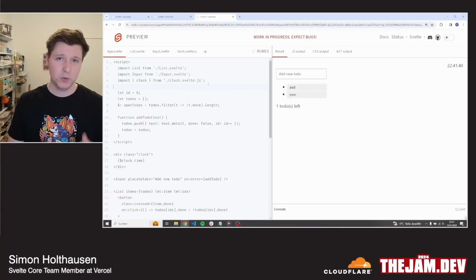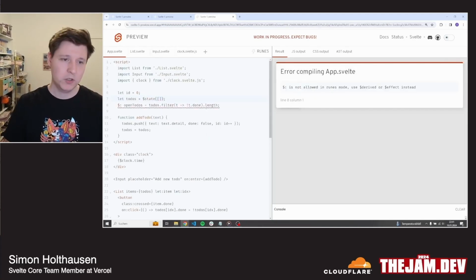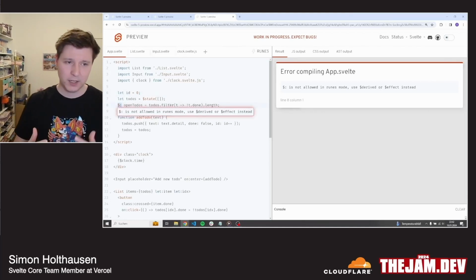And we start with using runes. We transform the code to using runes. So to-dos is obviously state, so we're going to surround it with the $state rune. That way we are telling Svelte, hey, this variable is state, and so react to it by re-rendering whenever it changes. And now Svelte is telling us that the $: syntax, which we previously used to mark a derived value,